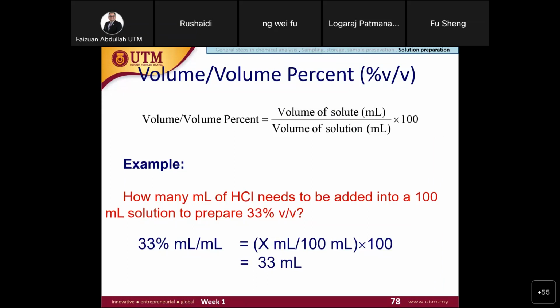It is an example of 33% hydrochloric acid, right? How much hydrochloric acid needs to be added into 100 ml of solution to prepare 33% volume by volume? Of course, it's a simple question. So you need to put 33 ml,